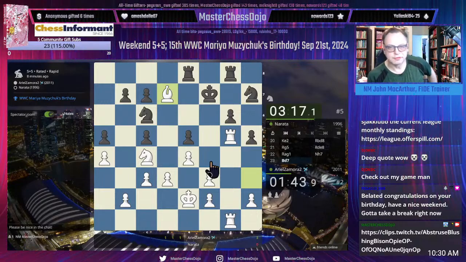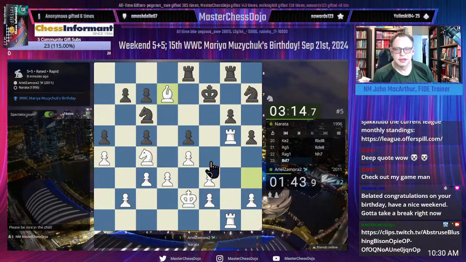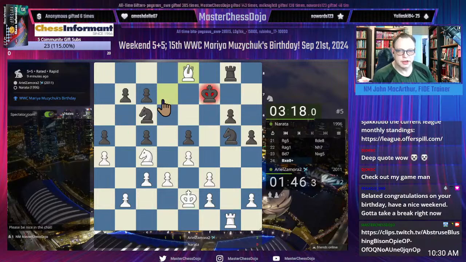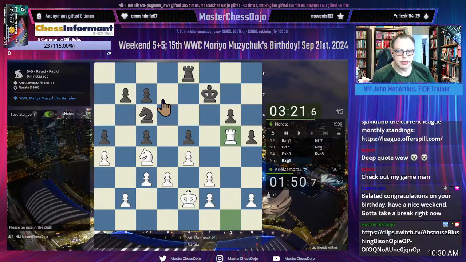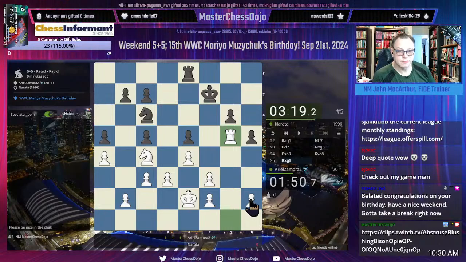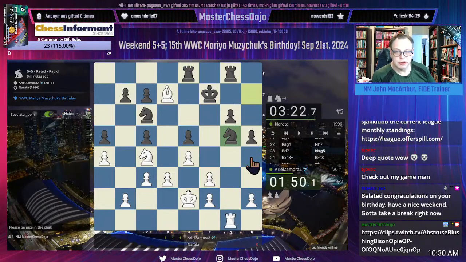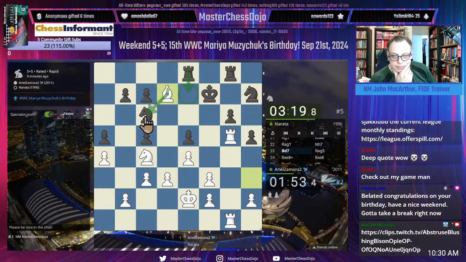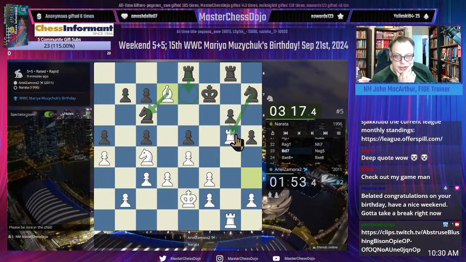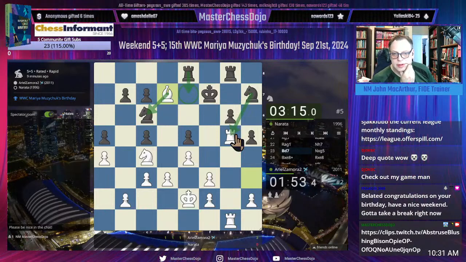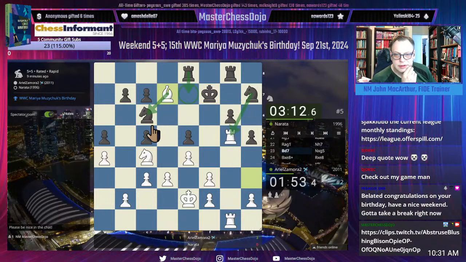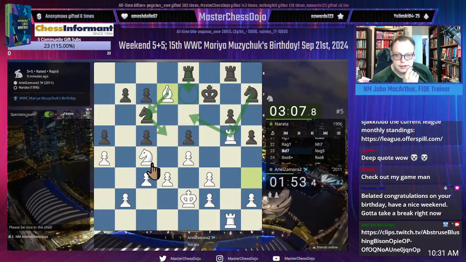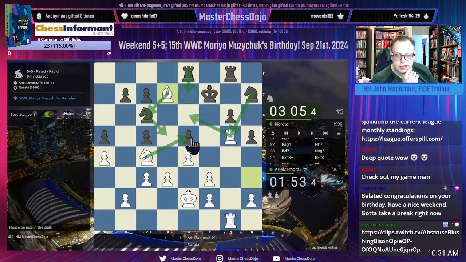How's that for a good old-fashioned cleansing? So he is going for it. And he went for the easier one for white to play. He did obviously go for the easier one for white to play. Personally, I still think that bishop, rook e7, bishop takes, knight takes. Bishop check, knight back, knight e5 check.